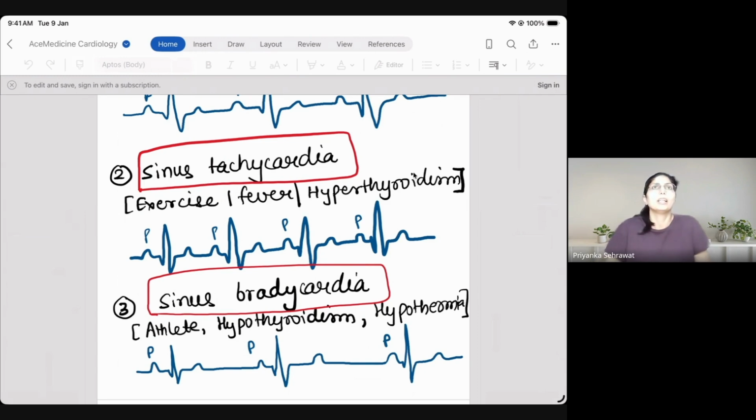Triggered automaticity is because of the delayed and early after depolarization. There are 3 types of currents in our myocytes or the nodal cells, in the cardiac cells, right? One is depolarization current. Then there is an after depolarization current, which is very, very short, very minute, and doesn't usually affect us in any way. And third is a repolarization current. What we record in our ECG paper is the depolarization and the repolarization current.